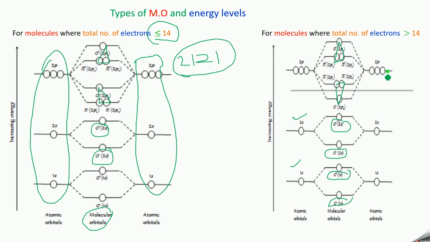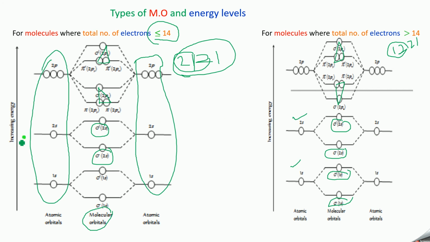So how to remember this one? You can remember it like this: 1 and then 2 and then 2 and 1. So for molecules whose total number of electrons is greater than 14, the keyword is 1, 2, 2, 1. So here it is 1 and then 2 pi orbitals and then 2 pi star orbitals and then 1. So there is only a change here. Here it is 1, 2, here it is 2, 1. So that alone you have to remember. So 2, 1, 2, 1. Here 1, 2, 2, 1. So likewise, if you remember, you can easily write. So this is for molecules whose total number of electrons is greater than 14.